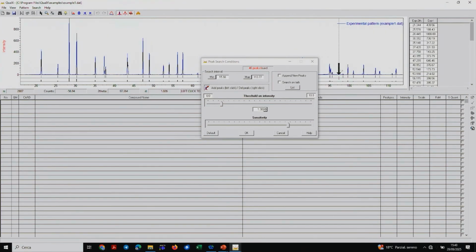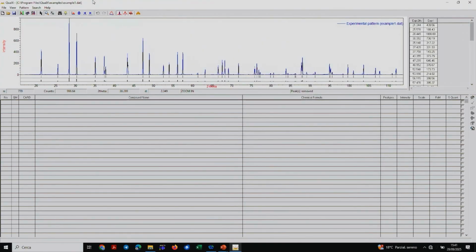And I can do this each time I need to do it. And then when the pattern is fine with the peaks, I can say okay. I can also decide to increase the threshold on intensity or the sensitivity. In this case, in the first case, I see something is appearing or disappearing, and also in the sensitivity. And I can say, okay, if I want to change something, or I just cancel because I was fine. And now